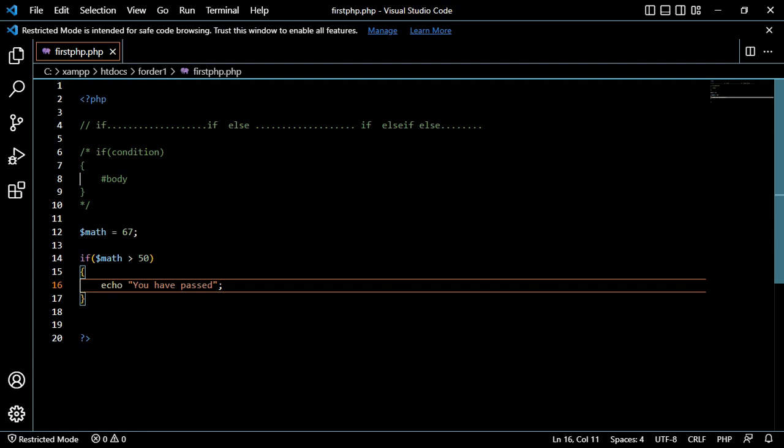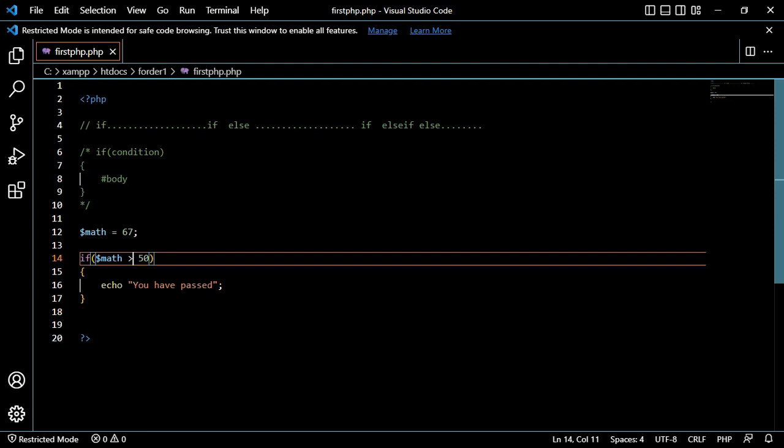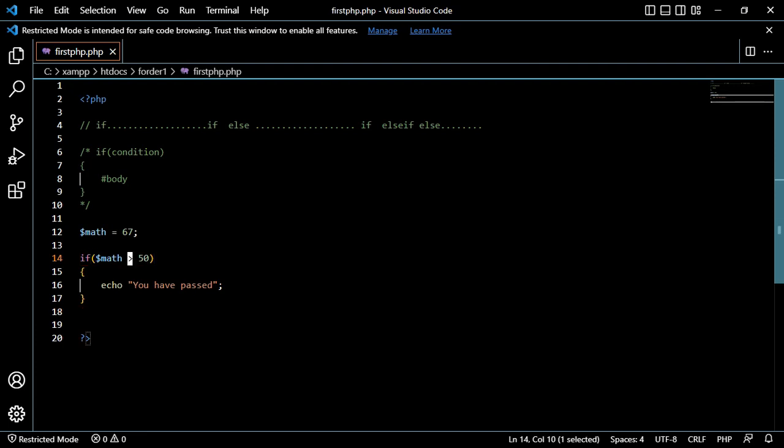Why? Because definitely it is less than 50. The condition is evaluating to false. So an if conditional statement only evaluates if the value inside the condition evaluates to true. If math is greater than 50, meaning we are implementing now an operator which is called a conditional operator, greater